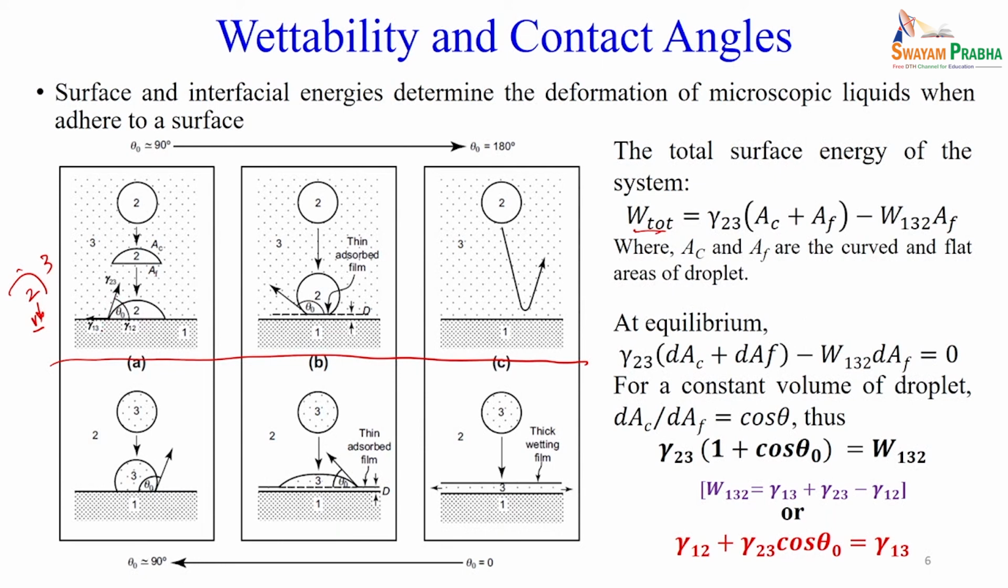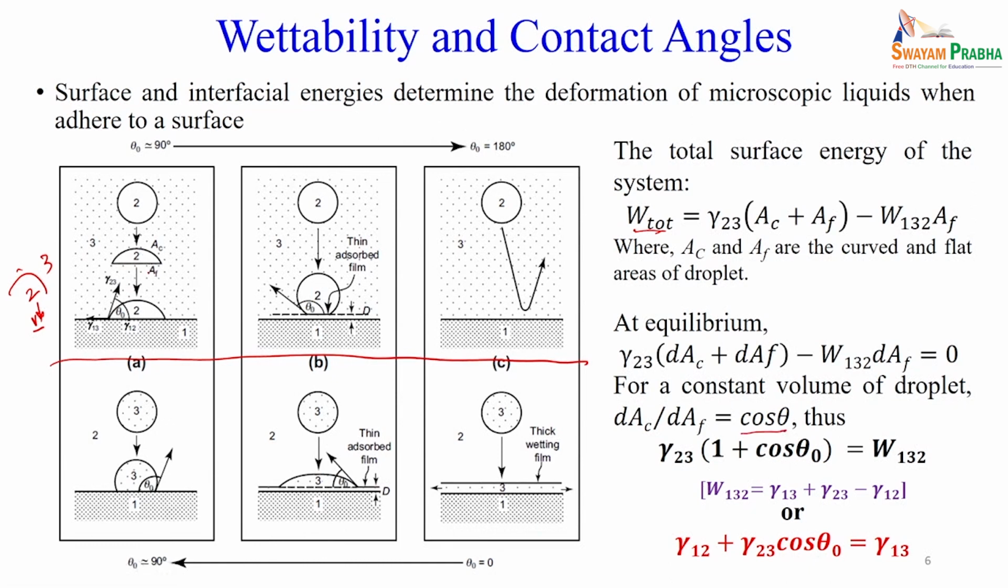But here it will be the interfacial interaction or work of adhesion between these three, W 1 3 2, and here the contact area will be only the AF. So, W total will be gamma 2 3 (AC plus AF) minus W 1 3 2 AF. Now, at equilibrium, W total will be gamma 2 3 dAC plus dAF equal to W 1 3 2 dAF. Now, if we just see over here, based on this area, this angle is theta and